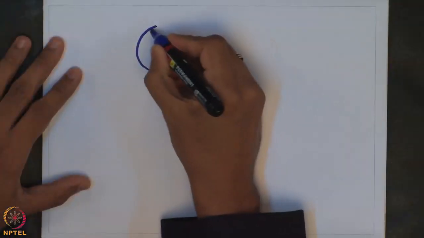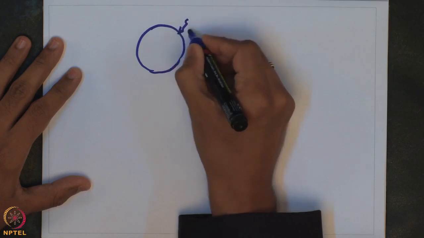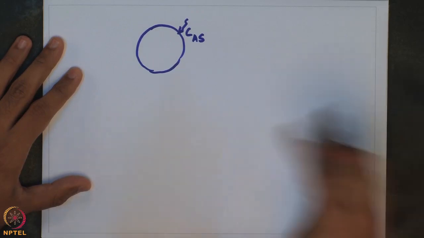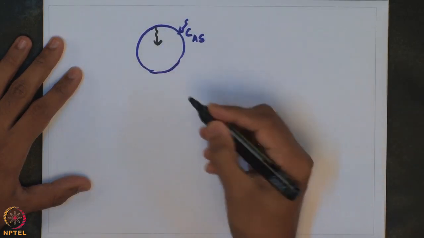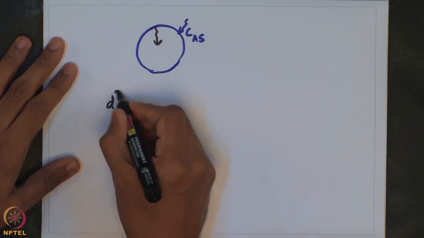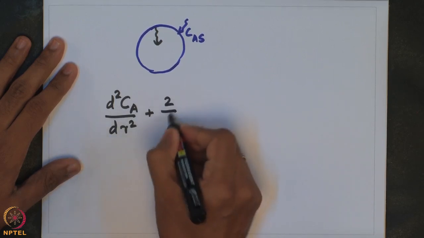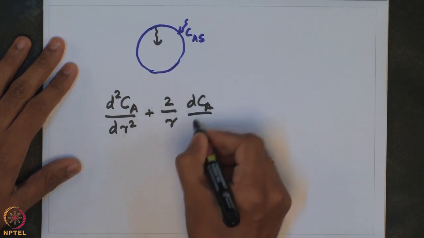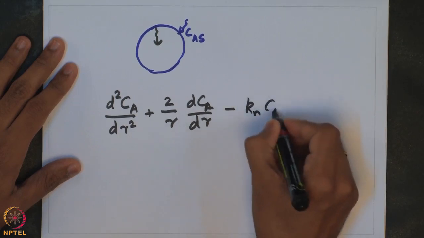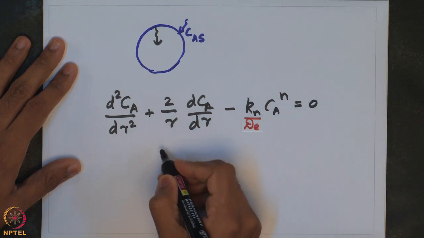So, if we take a catalyst pellet where we have species A which is diffusing from bulk, and the concentration of the species at the surface is CAS, and there is internal diffusion of the species, we derived the mole balance in the last class, where we said that the mole balance is d square Ca by dr square plus 2 by r into dCA by dr minus Kn into Ca to the power of n divided by De equal to 0 for an nth order reaction,